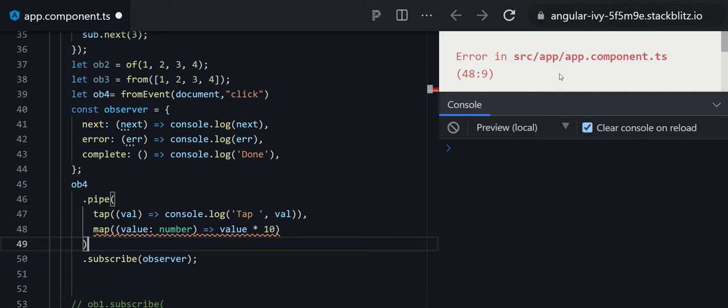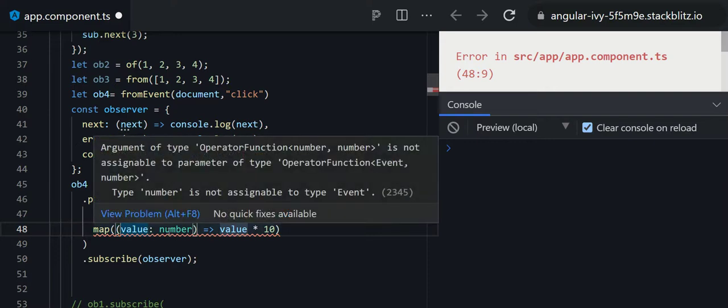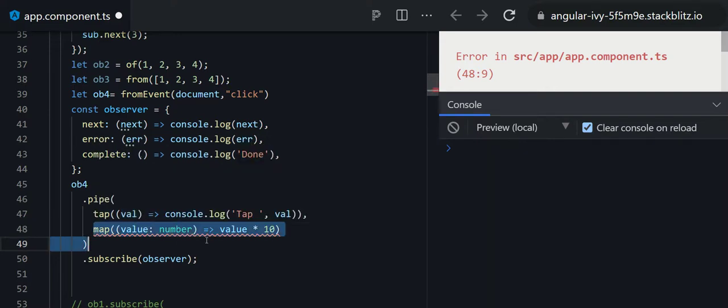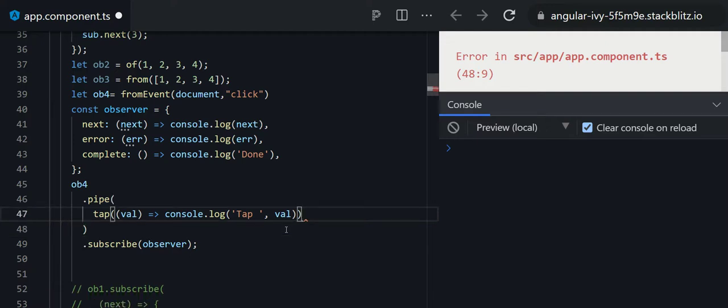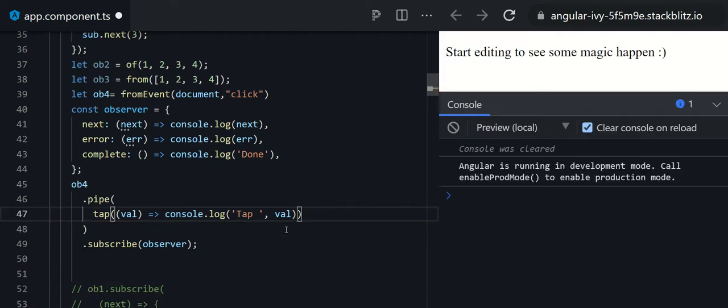Whenever we click anywhere, an object will get generated, so you cannot modify it like that, we cannot multiply an object. So you have to make certain corrections. Right now I am just removing that part. And now let's click